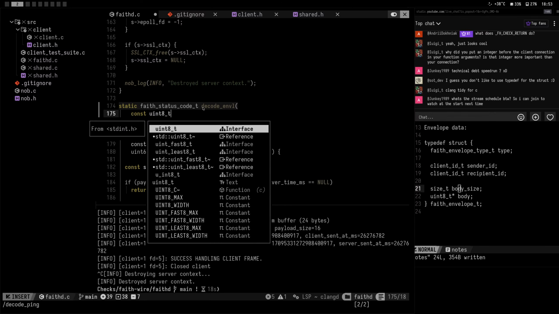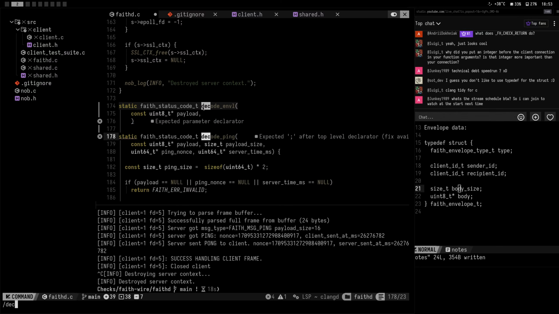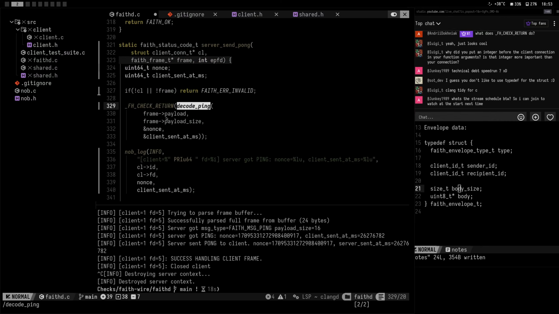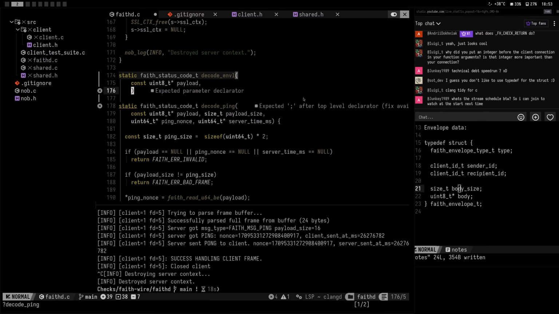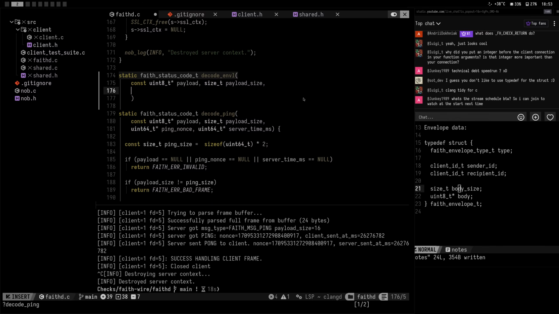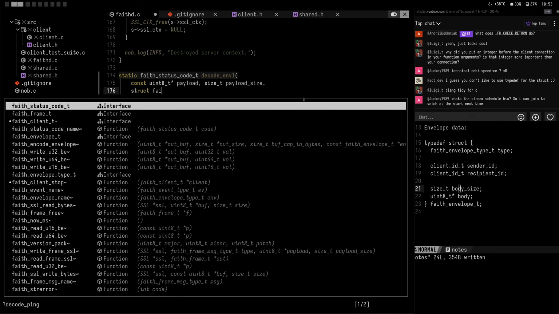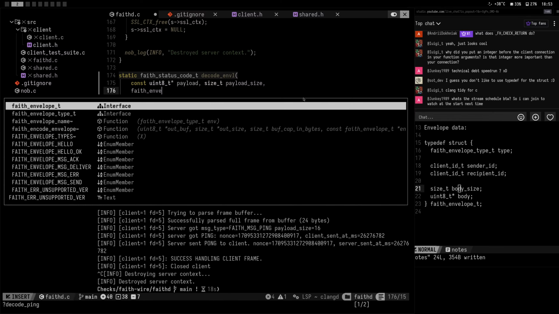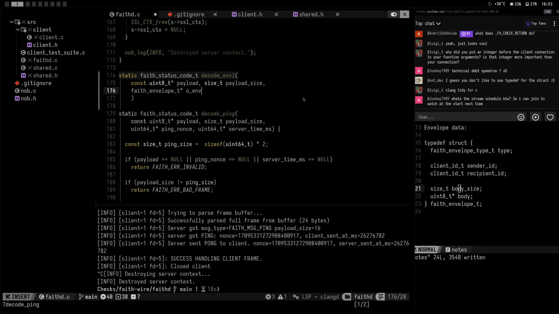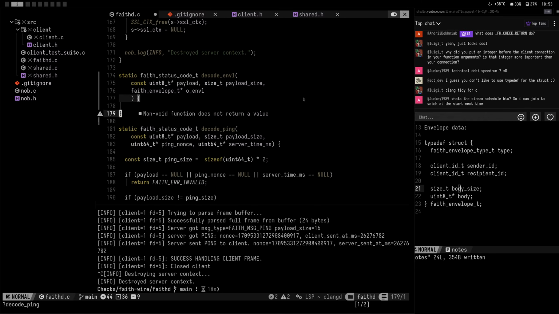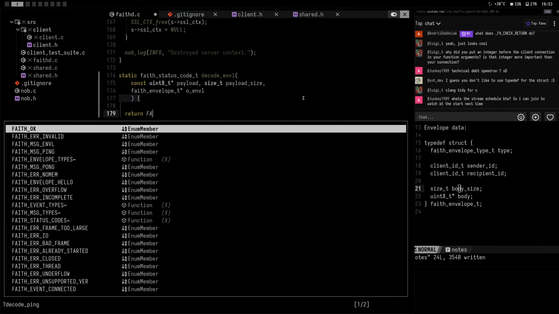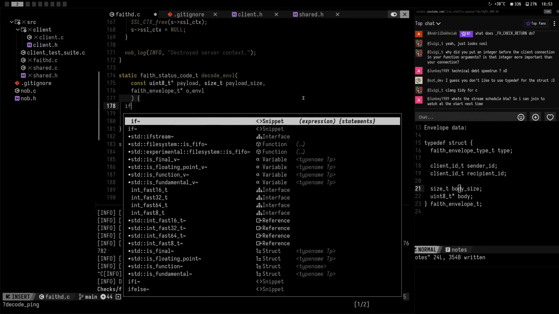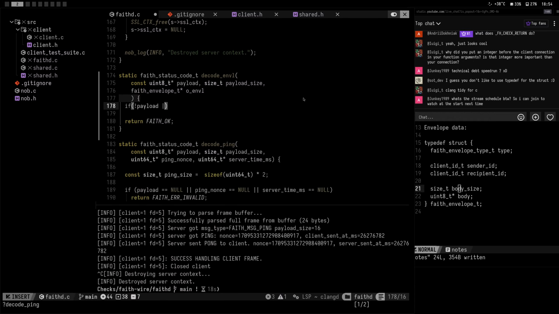Const uint8_t payloads. And yeah, we probably want to have a struct. That's actually not a struct. Faith envelope_t o envelope, and return faith ok. If not payloads or